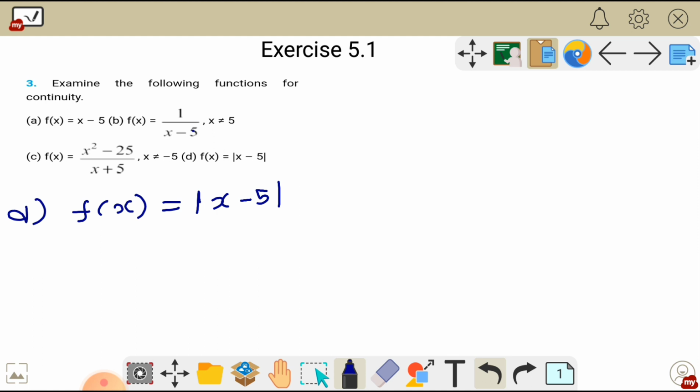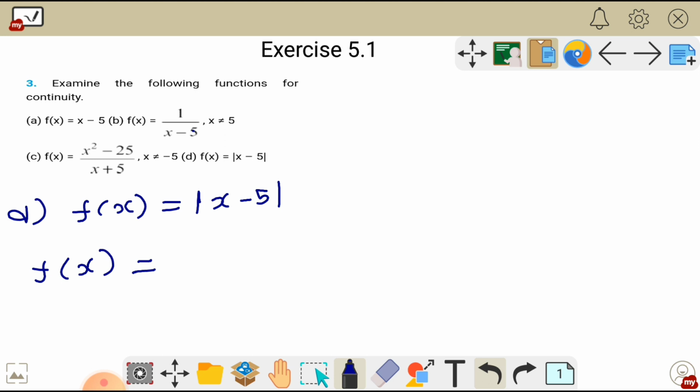In a, b and c the function was properly defined. Here we have been given a modulus, so we can write it as f of x is equal